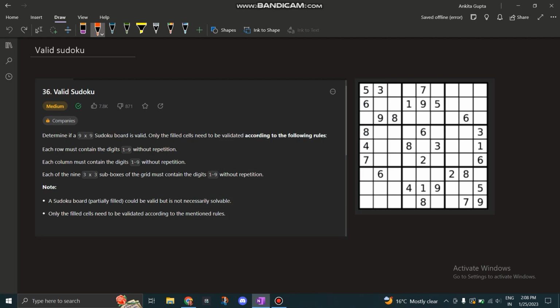Hello guys, so this is the first problem we are going to solve, and it is called valid Sudoku. It's from Leetcode and it's problem number 36, as you can see. So for anyone who does not know Sudoku, this is what a Sudoku looks like, and it has three conditions